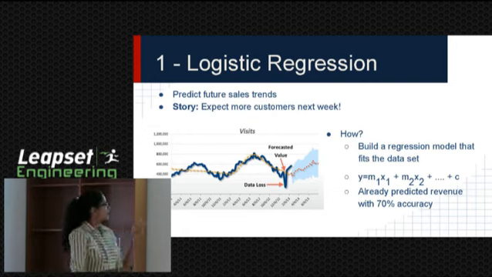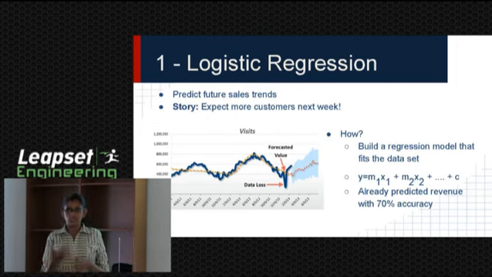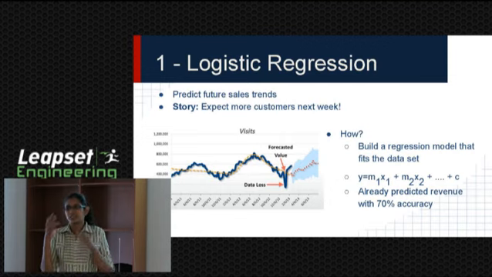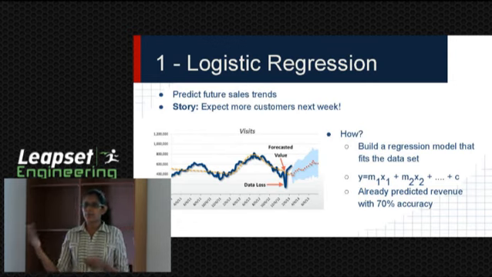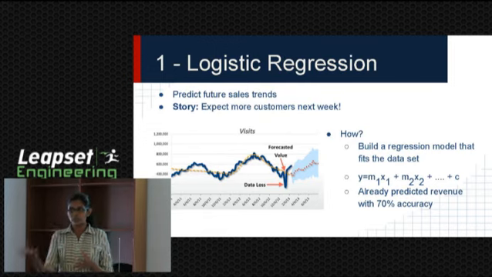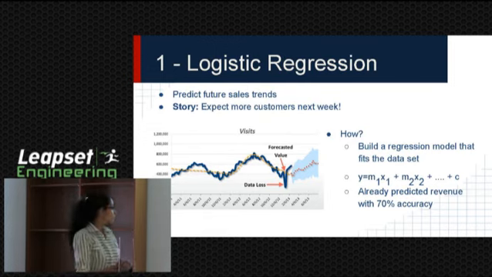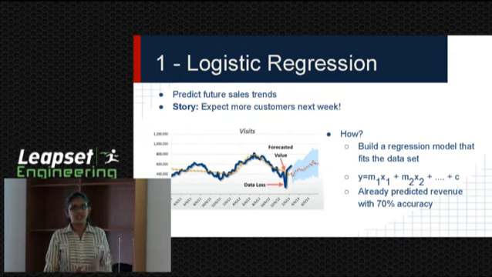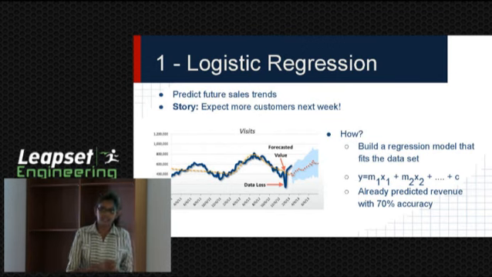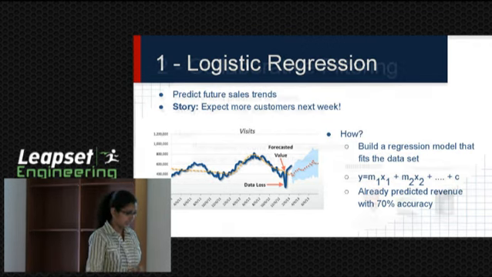So how can we do this? How can we build a logistic regression model? The model we call logistic regression is really simple, although the word is really fancy. The model is like y equals mx plus c, where x is a variable that we change, using weather and temperature data. We use several kinds of parameters and try to predict revenue for one merchant, and we were able to predict with 70% accuracy. We are still working on predicting for other merchants as well.